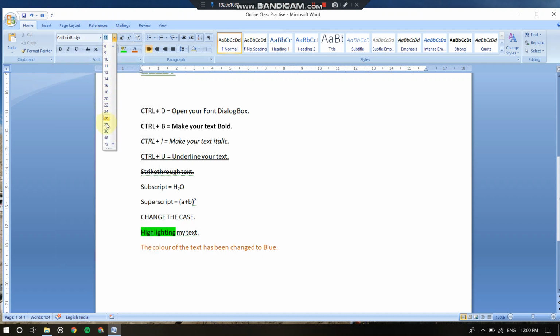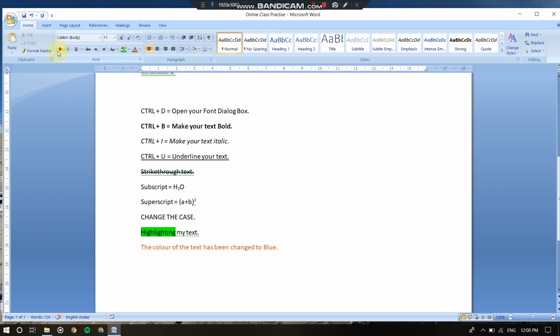Change the color, and here you have to remember the minimum is 8 by default. The minimum is 8 and the maximum is 72 right now. Okay, so this is the display that has been shown. Even if an assessment comes, what was the default smallest font size that you have, that is 8, and which was the largest, just give the answer 72. 8 is the minimum, 72 was the biggest, okay, largest number.